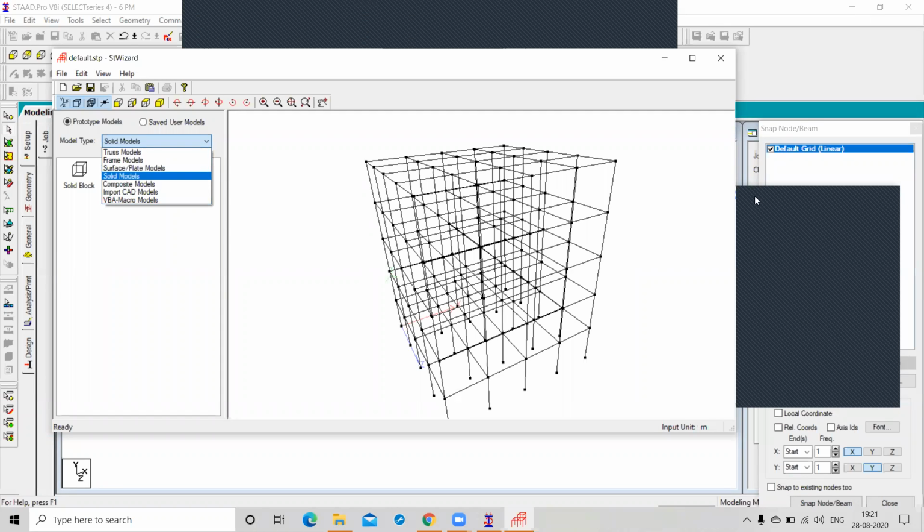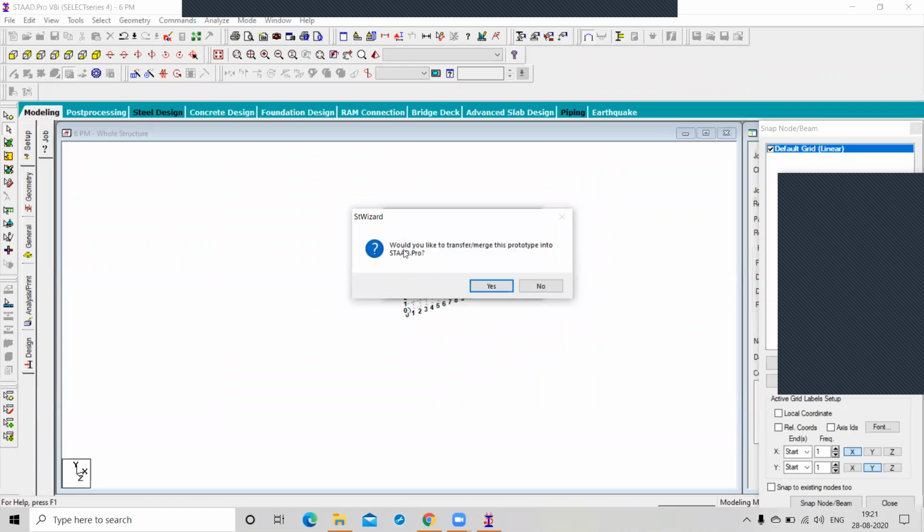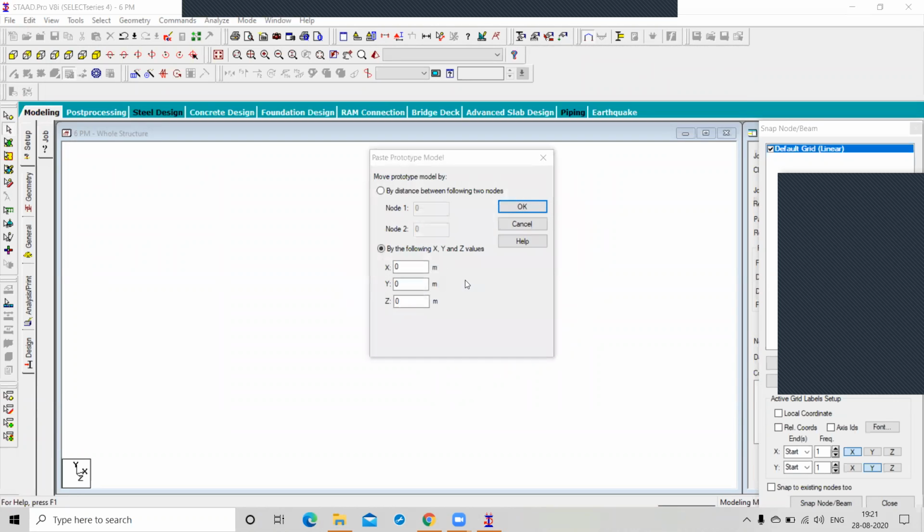Okay. So you can understand about the run instruction wizard. You can see how to insert this model into StaadPro. You can click here, and it asks whether you would like to transfer or merge the prototype into StaadPro. You can click yes. And this is the node where it is going to be inserted.